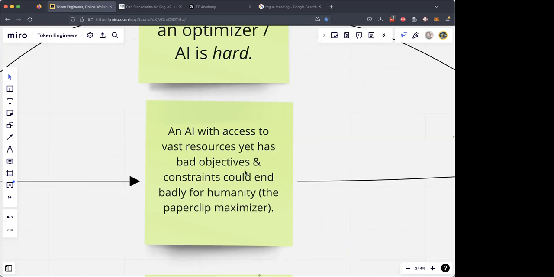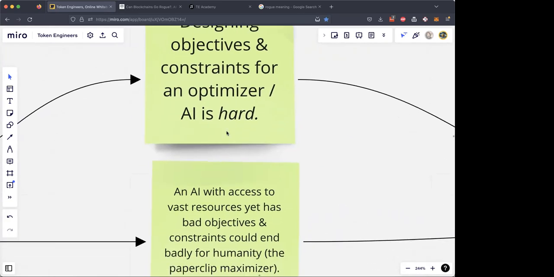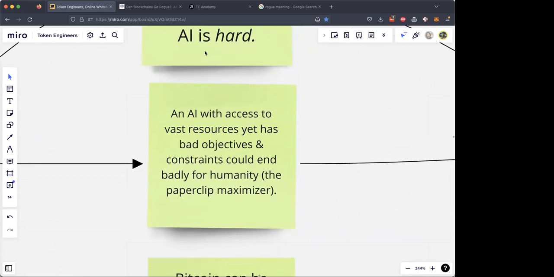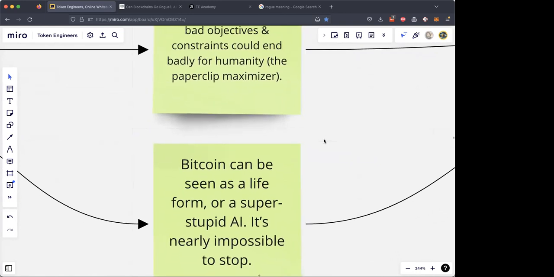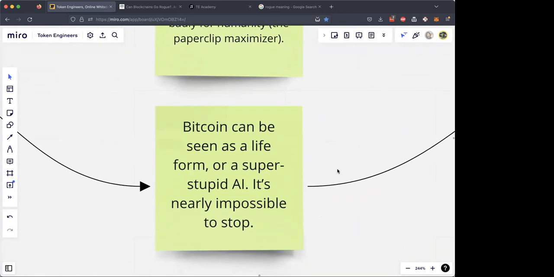Because creating objectives and constraints for an optimizer is hard, how do you tell a paperclip maximizer, I want paperclips, but I don't want to kill humanity? Saying that is very difficult to an AI. And the parallel there is, this is pretty much the problem that we're having with Bitcoin. Because Bitcoin is an optimizer. What does it optimize for? It optimizes